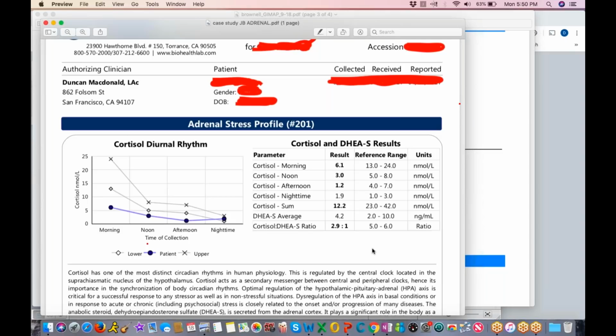So, he was coming in really, really low, and his readings during the day were practically like he was asleep. I mean, this blue line here is him, and these X's and diamonds are the upper and lower reference ranges. He was, for all intents and purposes, asleep. And then his cortisol was rising at night, and he would wake up with his heart beating at about 2 a.m. every single night, sweaty, waking up agitated. And it was pretty obvious that we were going to have to do something about this if we were going to repair his thinking and his cognition.